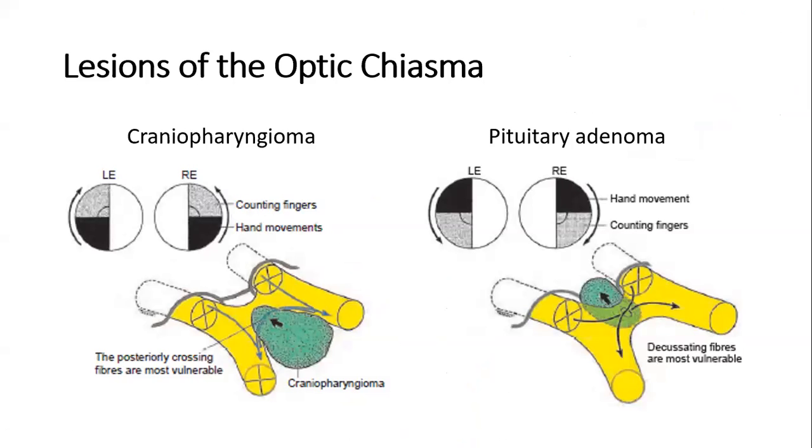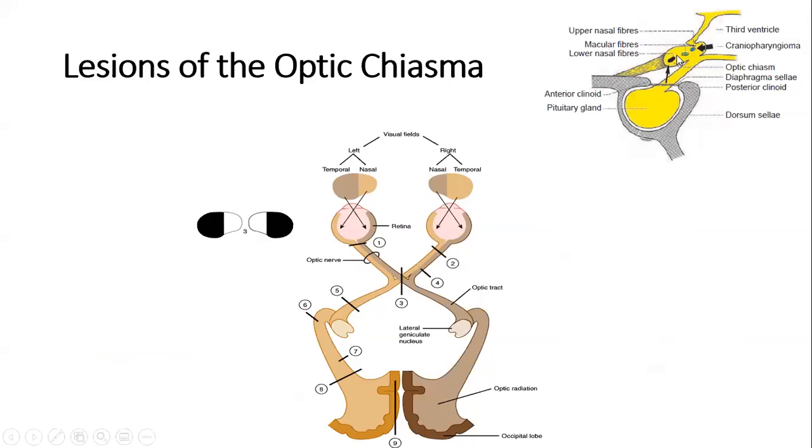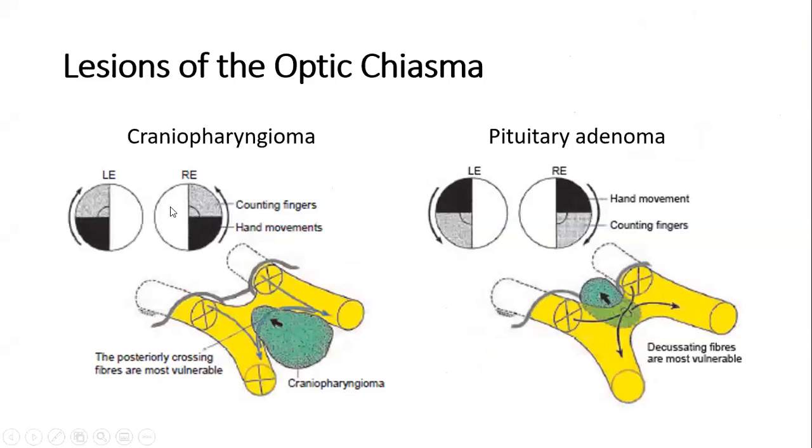So pituitary, as we saw in the previous diagram, this is the chiasma here, and below the chiasma we have the pituitary gland. Now when the pituitary enlarges slowly, it is going to compress the chiasma from the bottom. So inferiorly we have the inferior fibers. Inferior fibers correspond to which part of the visual field? Superior part of the visual field. So this is the pituitary adenoma here. Inferiorly there is going to be compression. So initially the field defect will start in the superior aspect. It will be a bitemporal hemianopia, but still it will start in the superior aspect and progress like this